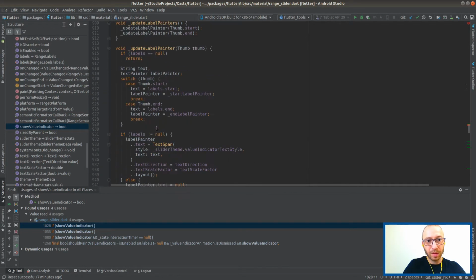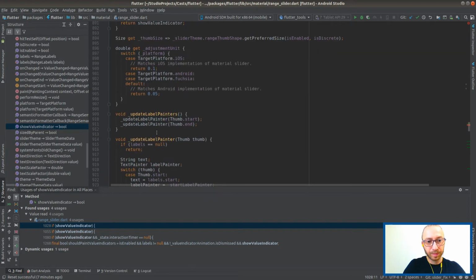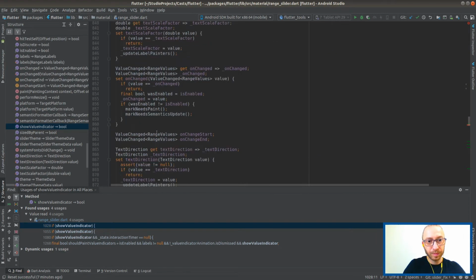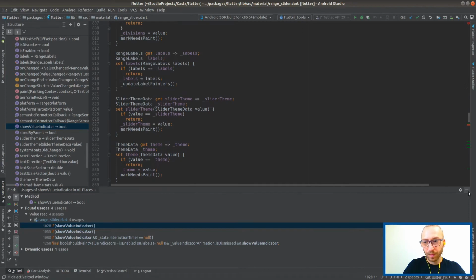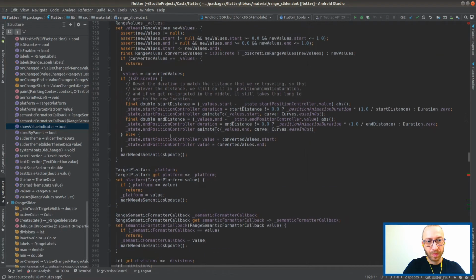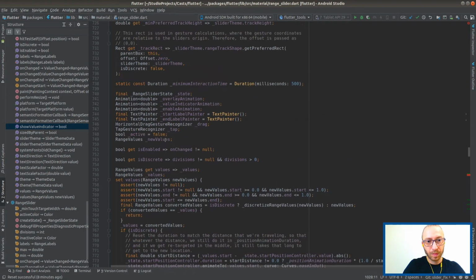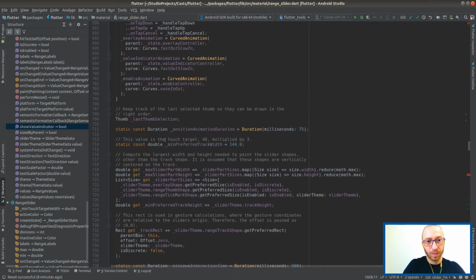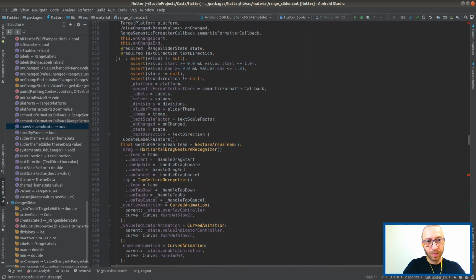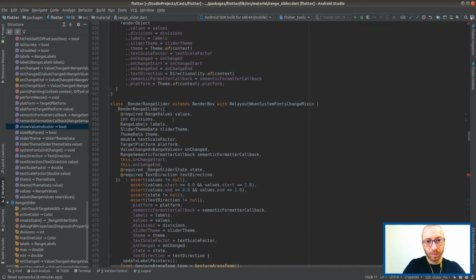I can see the constructor. What are those labels?